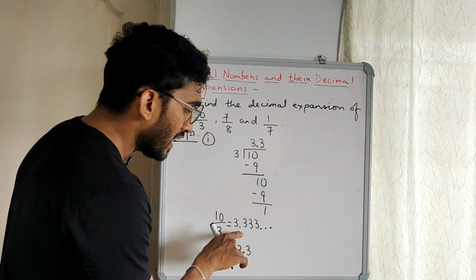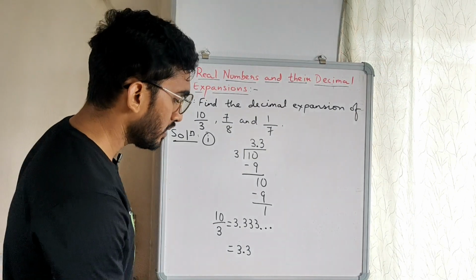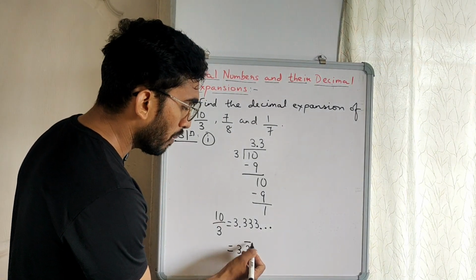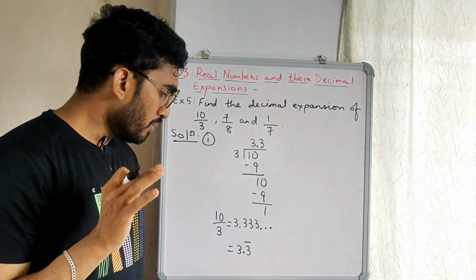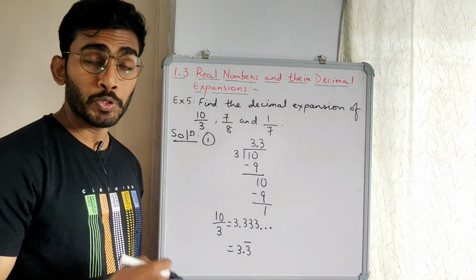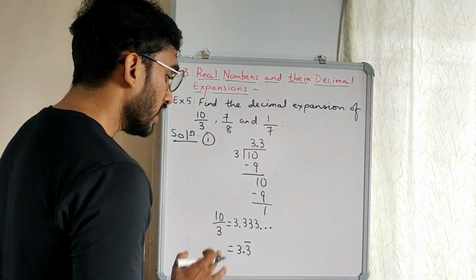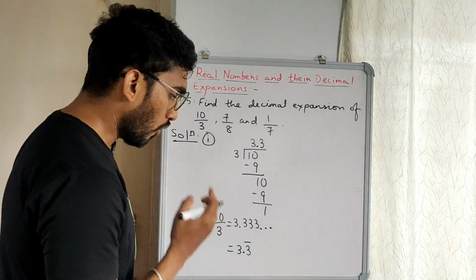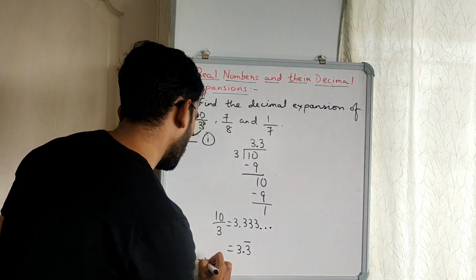3.3, and as after the decimal this single digit 3 is going to repeat infinite times, we will make a bar above this 3 which is after the decimal. The meaning of this bar is that this 3 is going to repeat infinite times, unlimited times. And this form of decimal expansion is called